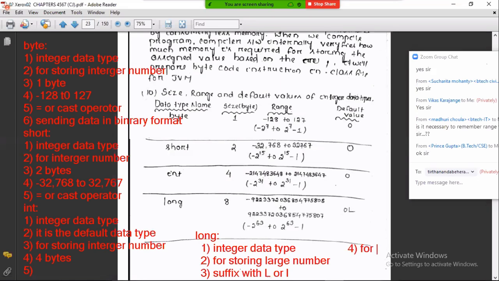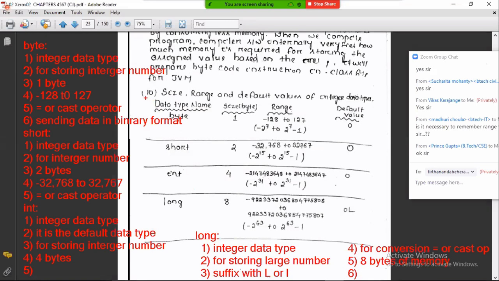For conversion, we can use the assignment operator or cast operator. Fifth, it provides 8 bytes of memory. Sixth, the range is minus 2 power 63 to 2 power 63 minus 1. Oh my God, that's a big range, 922333 something number. So this is the important point.